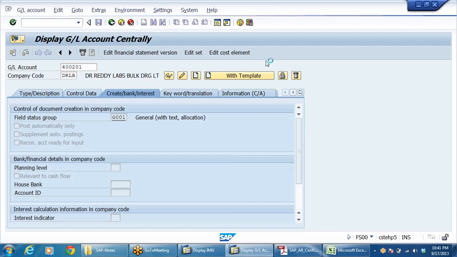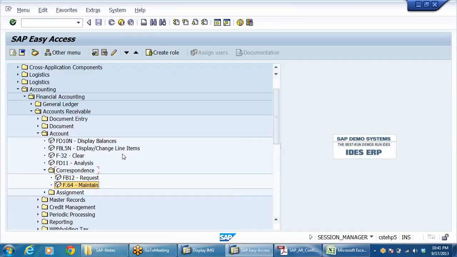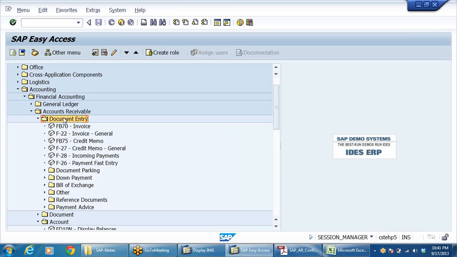400201. Now let me pass an accounting entry, document entry. So in a real scenario, quantity rebate etc. will be triggered from the sales and distribution module, and it takes the quantity multiplied by the amount given. But here, since we do not have the sales and distribution module with us, I'll be passing an accounting entry straight away.